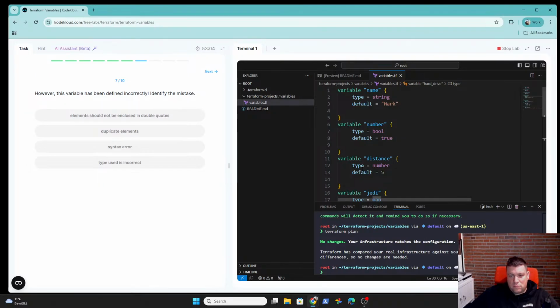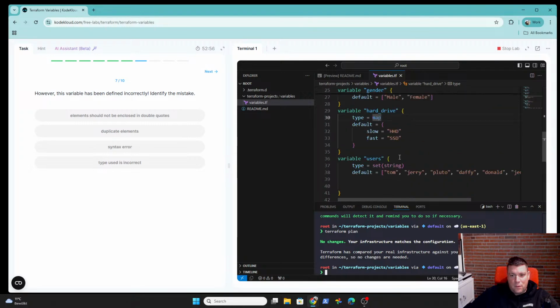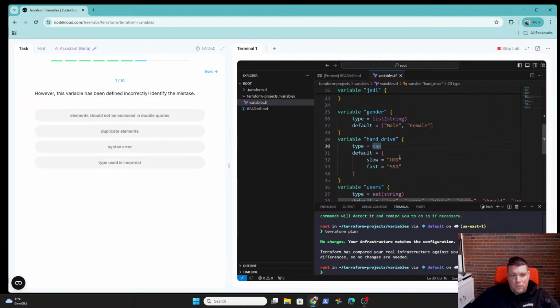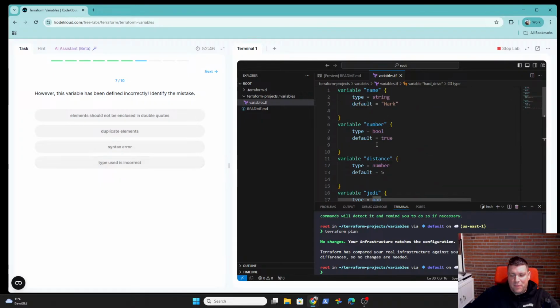Oh. Type used is incorrect. Yes, the type which is used, number or bool.